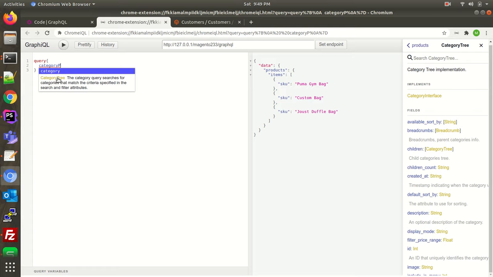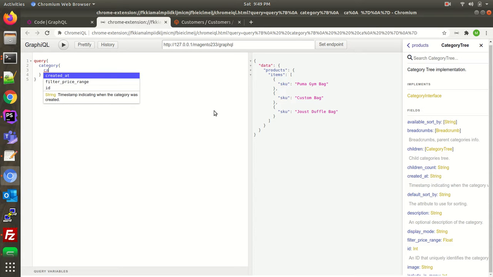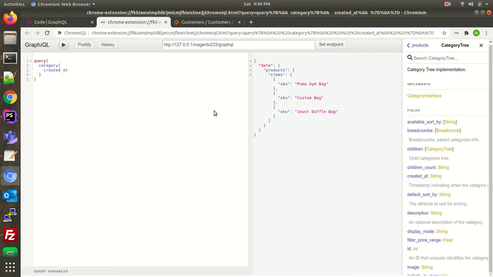Okay, category, okay, category is there, created at. Okay, now let's see, ID for category should be specified. Okay, I will pass the ID.